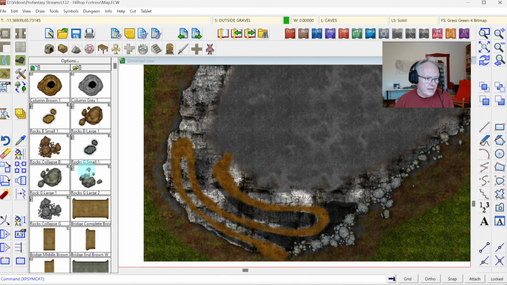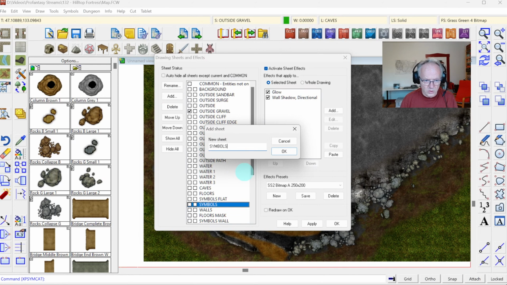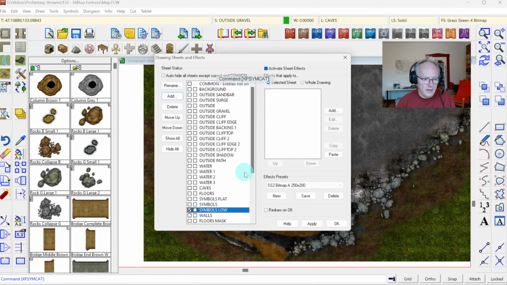Later, what I can also do is go to the symbols. I've got a symbols and a symbols flat sheet in here. What I can do is add a symbols low, so an intermediate symbols layer. So see that symbols flat has no shadows at all. The symbols layer has a glow and a